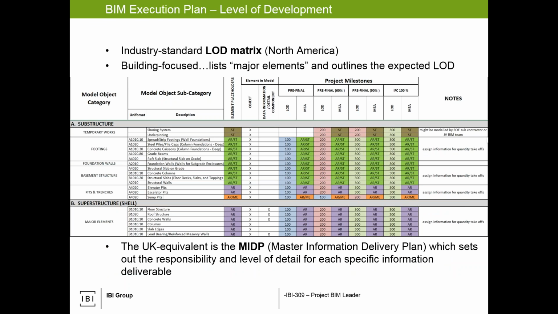We have templates, so this is in North America. We have template LOD matrices that we're pulling together. The concept of an LOD matrix is to say, these are the items: superstructure, substructure, civil, linear infrastructure, etc. Give you a classification code. This is just showing Uniformat, but think back to session 4. There's Uniformat, Uniclass, OmniClass, MasterFormat, etc. So we're going to have an LOD matrix with all of those available. Select what you need or completely disregard.